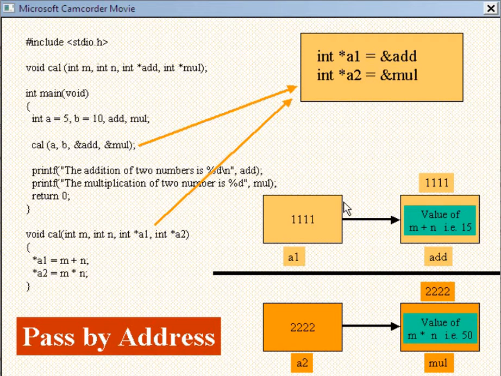This is the pointer a1. It is pointing to the integer type variable, namely add. Similarly, this is pointer a2. It is pointing to the integer type variable mul. Is this point clear? Now observe carefully inside the function cal,